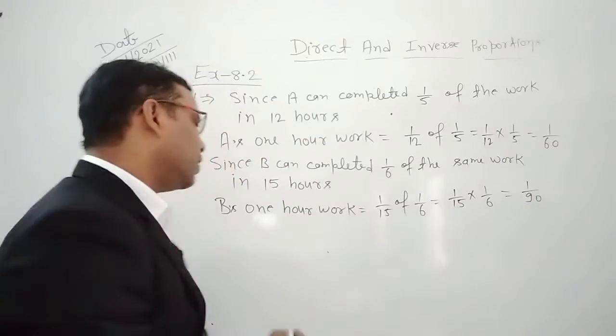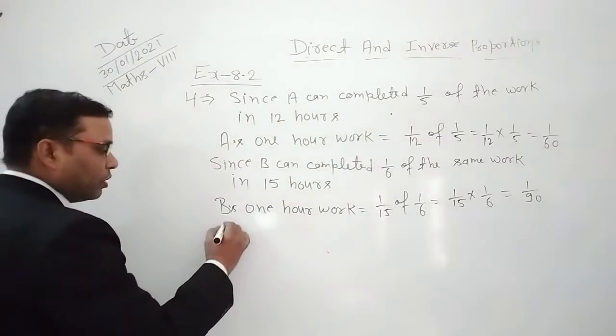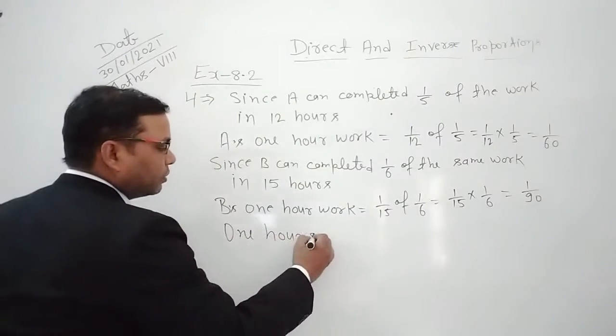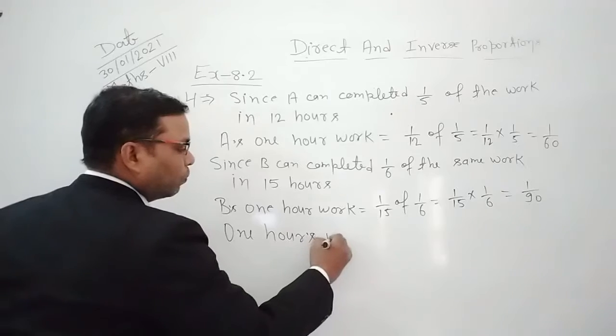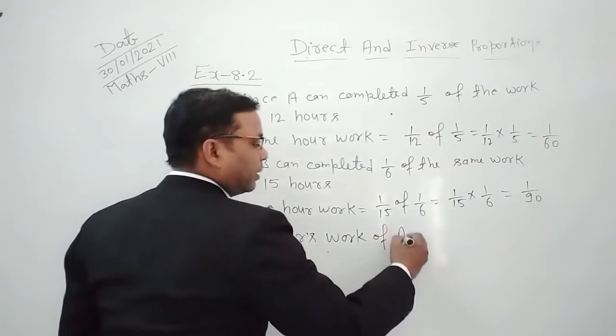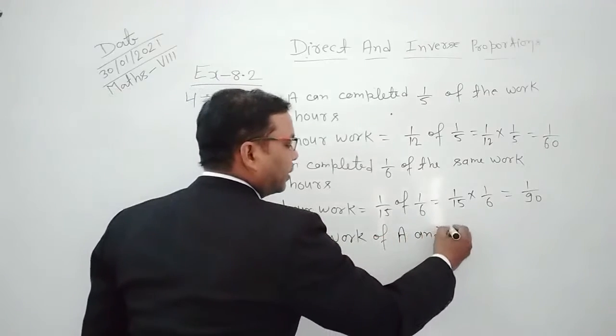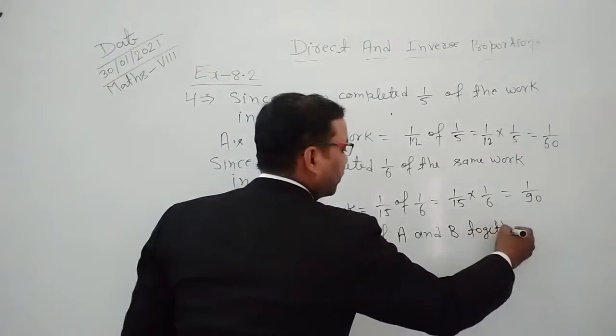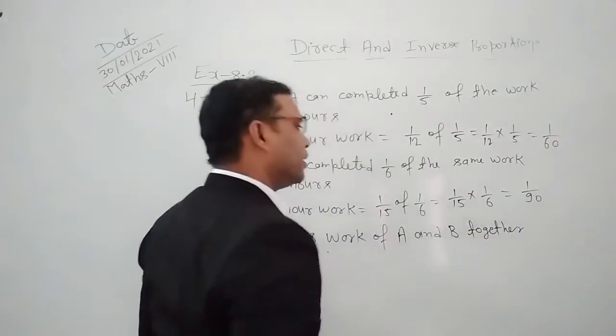So here you write 1 hour's work of A and B together, and this is equal to